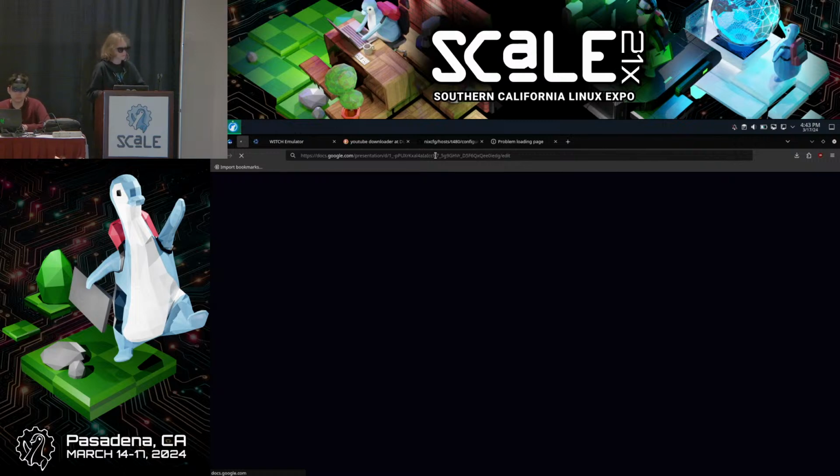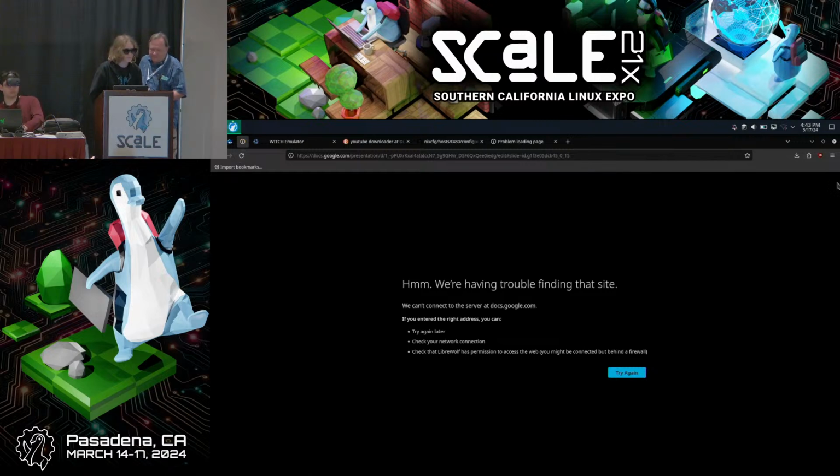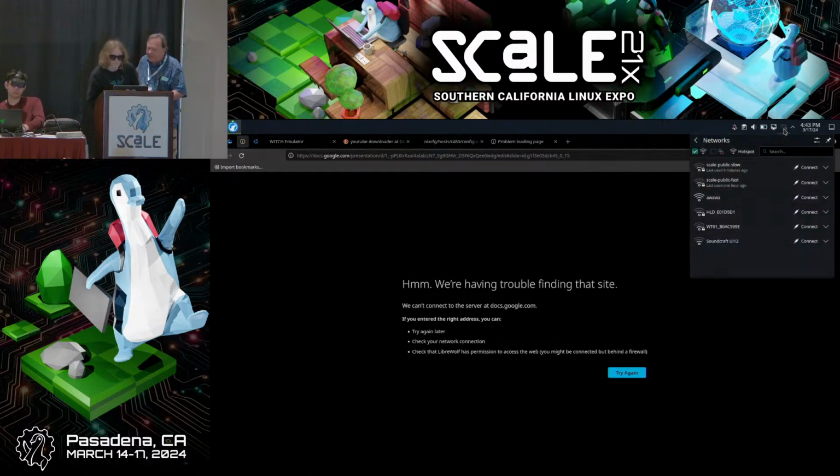The problem is I had to plug it into this side because the other side is too jammed, full of ports. I can put it over here, but I'll have to squish them. Well, right now you just confused it. By doing that, you confused it. Now the internet's gone, and it lost it. So you're gonna have to go back again. Just go back to the other one. All right. At least it didn't fall asleep. Yeah, it's all jammed, but it is what it is. Try it now. We're having trouble finding that site. Okay, wait a minute. It has to go to the internet.